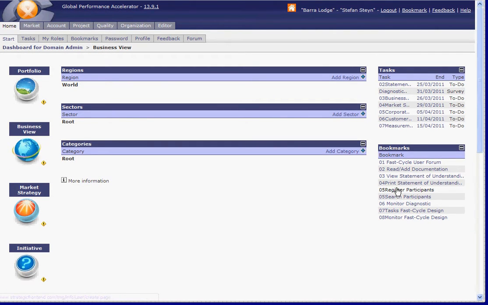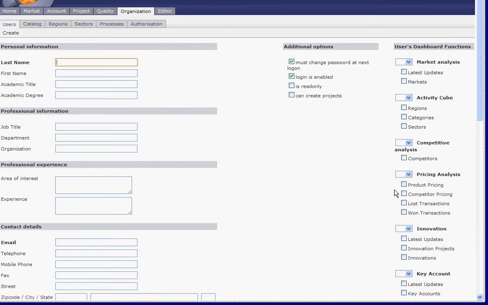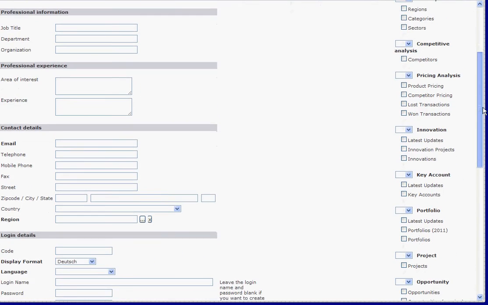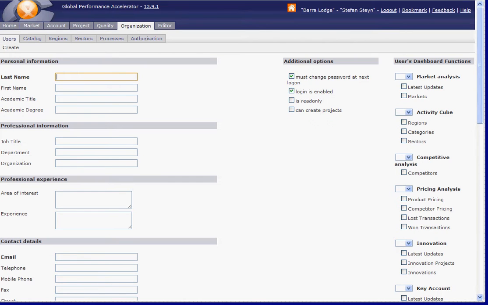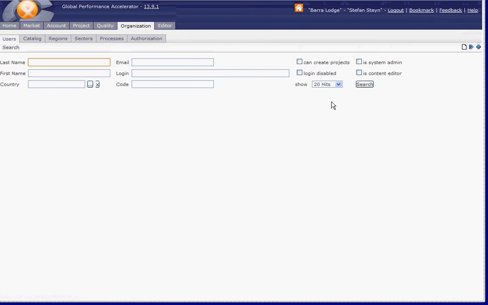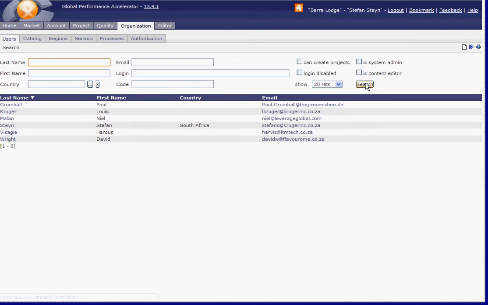Here he has the bookmark register participants, so he can log into it, and he can create here new participants. If you want to first have an overview of what participants are already here, then you can click on search participants.